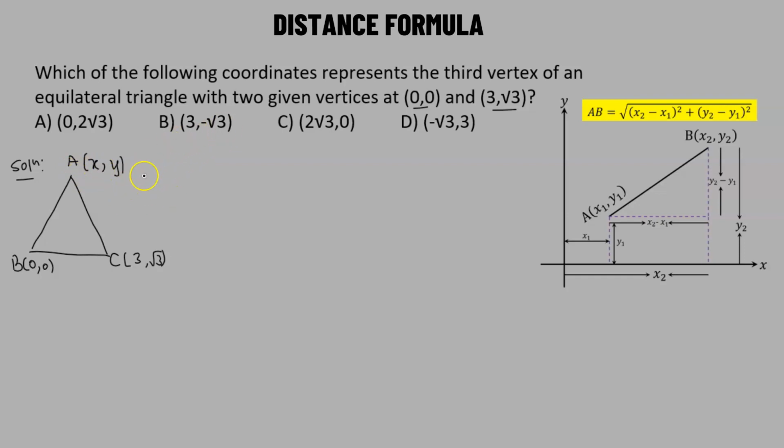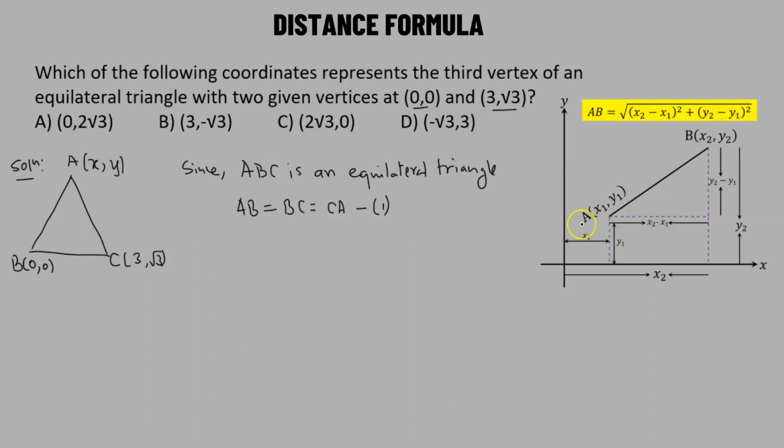Now, since it's given here that ABC is an equilateral triangle, that would mean that the length of AB must be equal to BC, which is also equal to CA. So this is a known condition. Now, our next task will be to find out the length of AB, BC and CA by using the distance